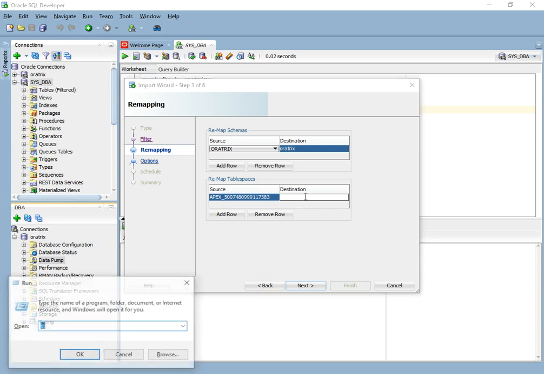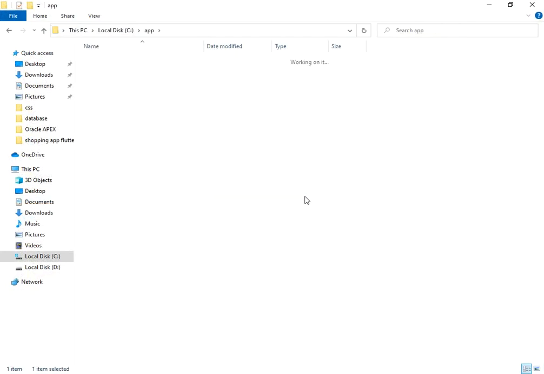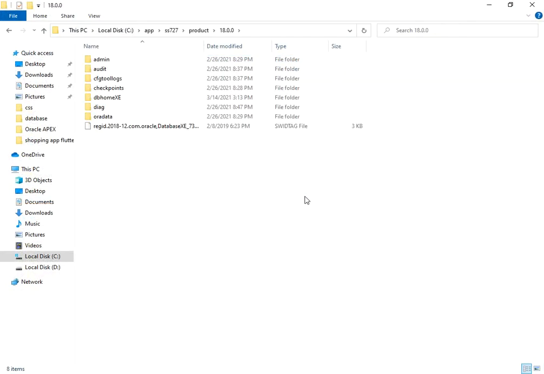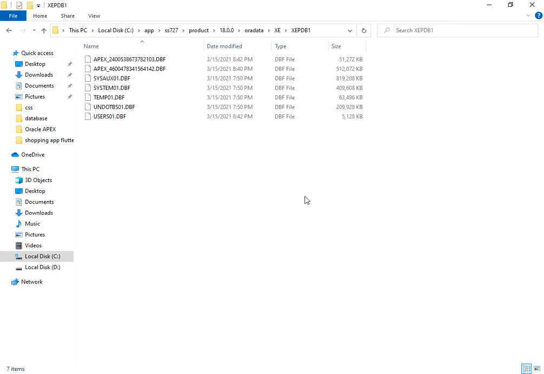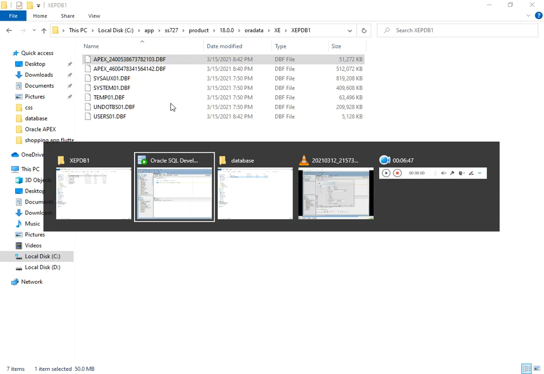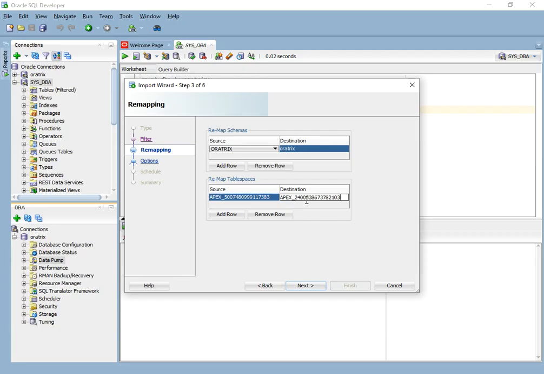For that we go to the C drive, and the path where you have installed your Oracle 18c XE, go to oradata, XE and PDB. This one is the DBF file of my Oratrix demo, so I'll write that at this position.